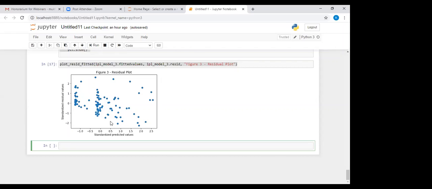If this curve of standardized residual values against predicted values is not a funnel-like structure, you say that it is homoscedastic. If it is heteroscedastic, we have to do some kind of transformation on y. Okay, I'm not going into that. We have to do some kind of transformation, deriving new independent or dependent variables. But in this case we don't need that transformation.